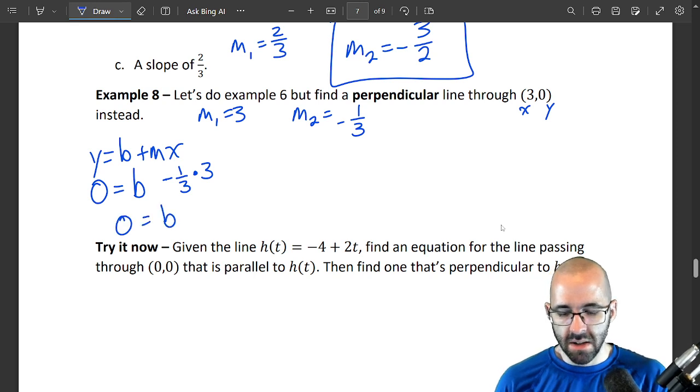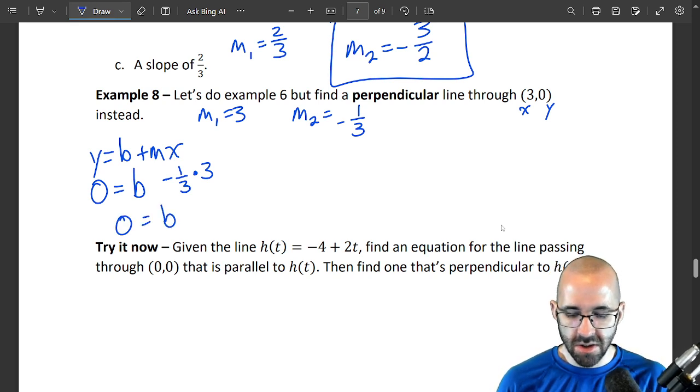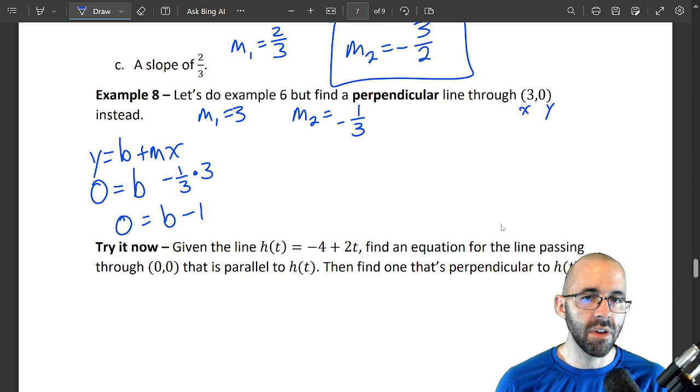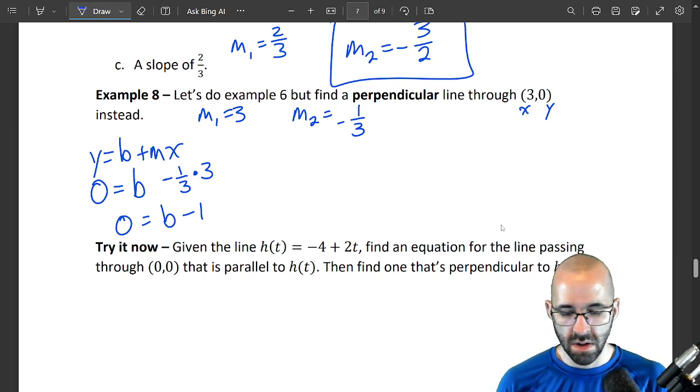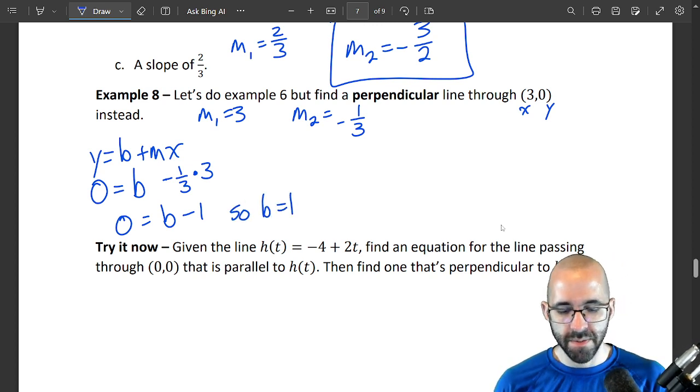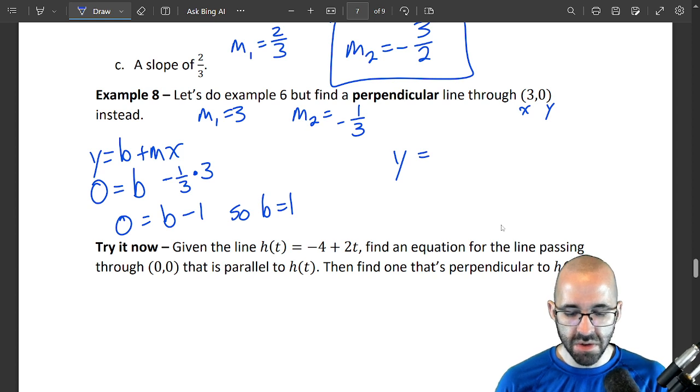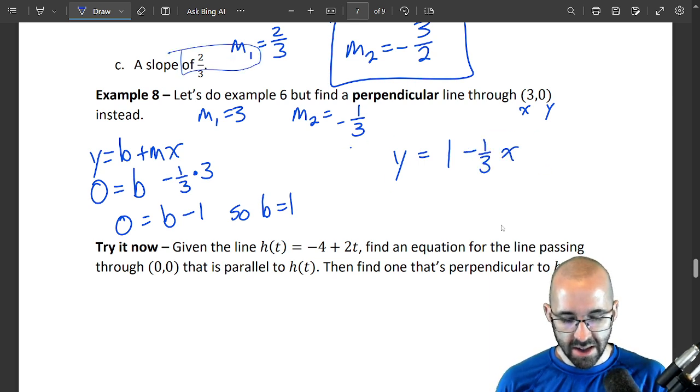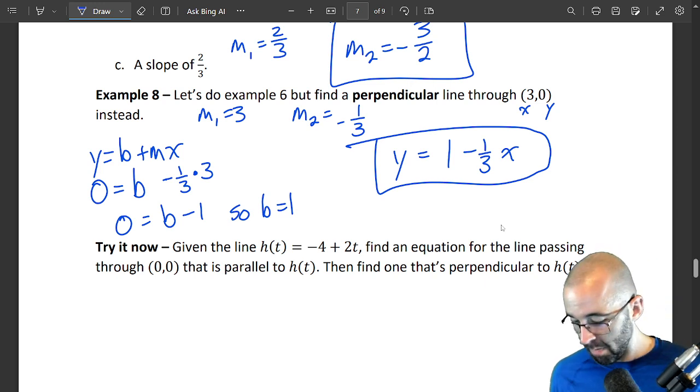So you get 0 is equal to b. This turns into a -1. 1/3 of 3 is 1. So b equals 1. Our answer is y equals b, which is 1, minus 1/3 times x. Let's plot this and see if it's perpendicular